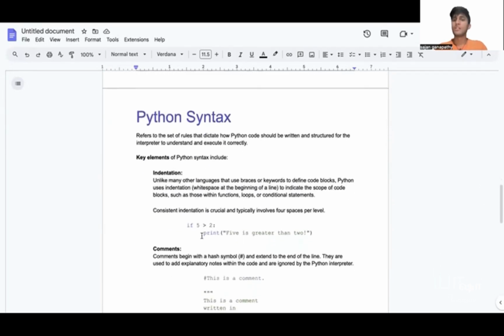So what is syntax? Syntax is basically a set of rules that dictate how code should be written or structured for the interpreter to understand and execute the code. Python has its own syntax, or set of rules, that we have to follow. The first key element of Python syntax is